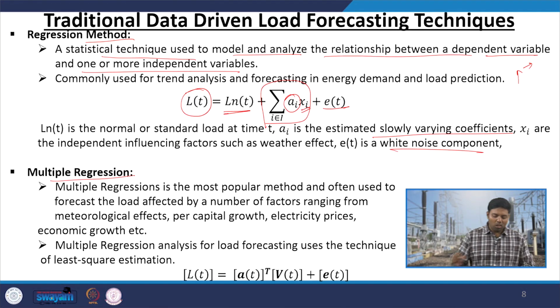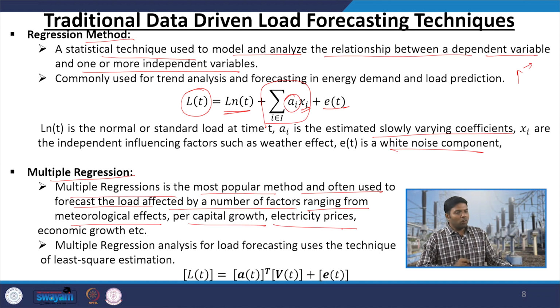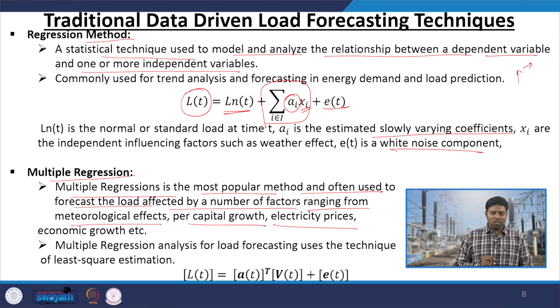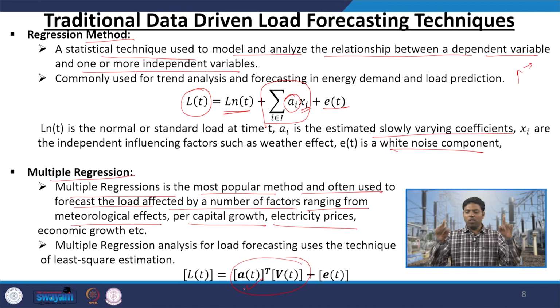Then the second method is called the multiple regression method. Multiple regression is the most popular method and is often used to forecast the load affected by a number of factors ranging from meteorological effects, per capita growth, and electrical prices. So, rather than having only one controlling parameter for your load, if you have multiple controlling parameters, which is generally the case, we use multiple regression analysis, and there we use this formula, where this A is the coefficient matrix for the different controlling parameters. This is your independent parameters and this is the Gaussian error you have added